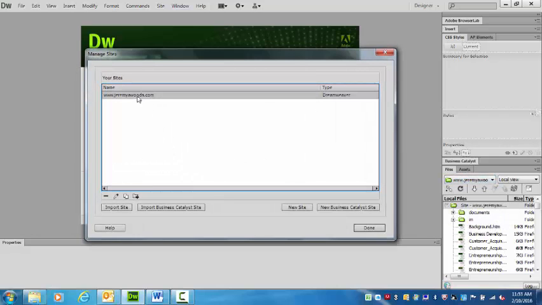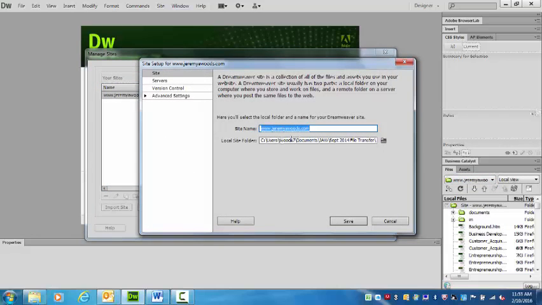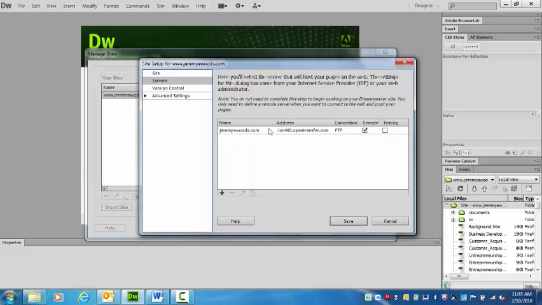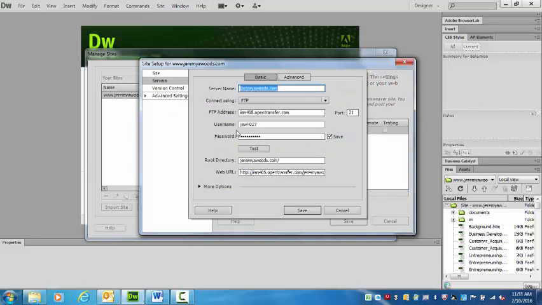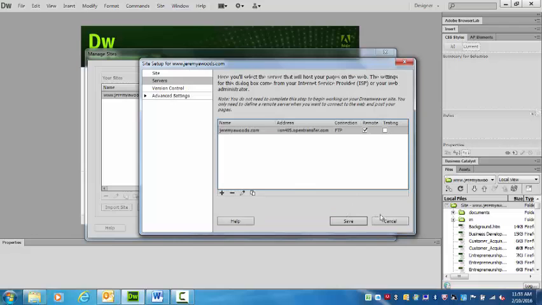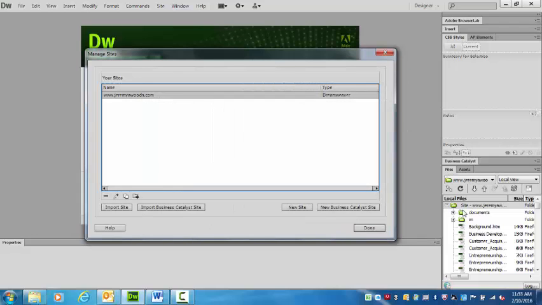So right now this is my personal website. That's where it's hosted. Here's the server information, and that's all you really need to get started. So you'll notice here this is just a list of all the files that are in my local folder for my website. And if I want to create a new file, and